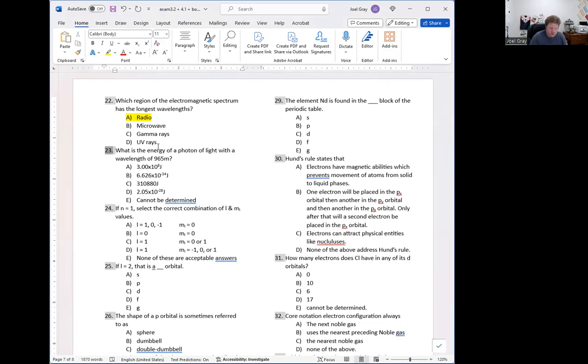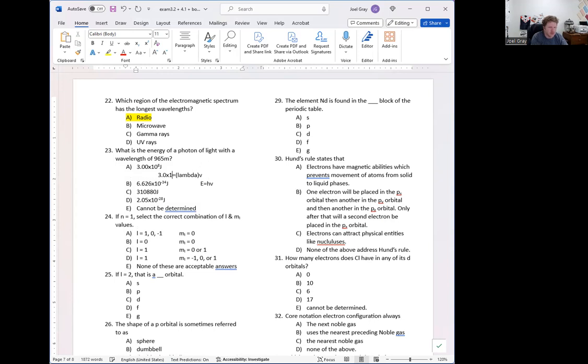To answer this question, you've got to use a couple of different equations. The first equation is c equals lambda, which is your wavelength, times frequency, displayed as nu. The next equation that you have to use is E equals Planck's constant, or h, times nu. I'm saying V. So what you do is you take 3.0 times 10